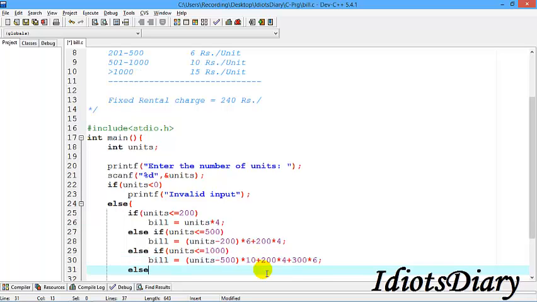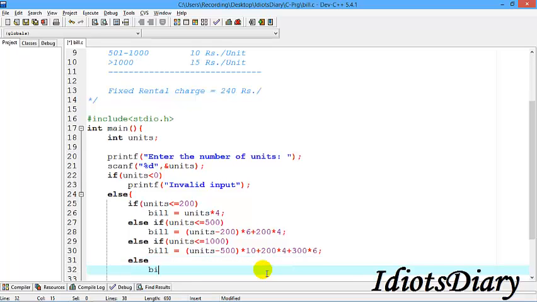If this condition is false, that means the units used are more than 1000, then you need to calculate the bill by using the expression units minus 1000. This expression calculates how many units are used over 1000, and each costs 15 rupees, so we multiply this expression with 15. As well, you need to calculate the cost of 1000 units also, that is first 200 units cost 4 rupees per unit, next 300 units cost 6 rupees per unit, and next 500 units cost